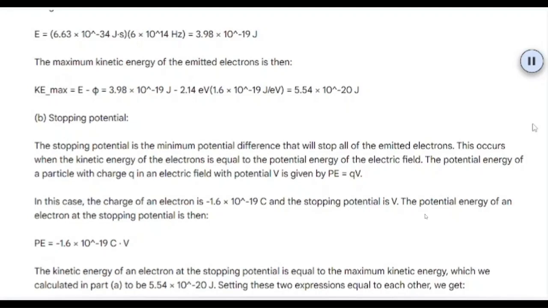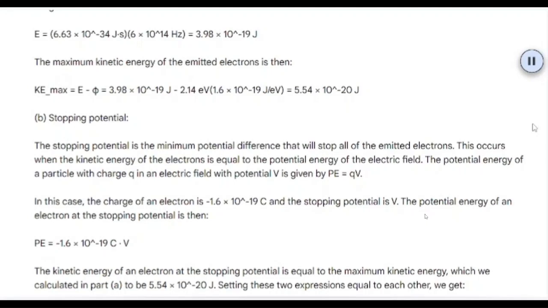B. Stopping potential. The stopping potential is the minimum potential difference that will stop all of the emitted electrons. This occurs when the kinetic energy of the electrons is equal to the potential energy of the electric field. The potential energy of a particle with charge q in an electric field with potential V is given by PE equals qV. In this case, the charge of an electron is -1.6 × 10^-19 C and the stopping potential is